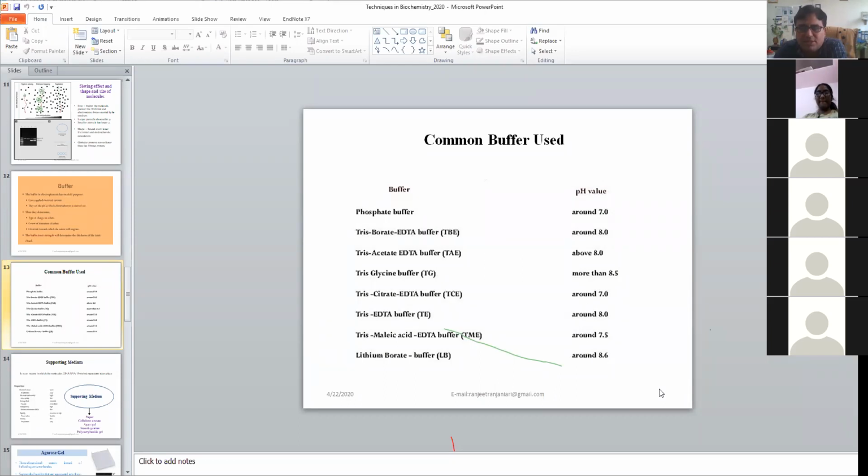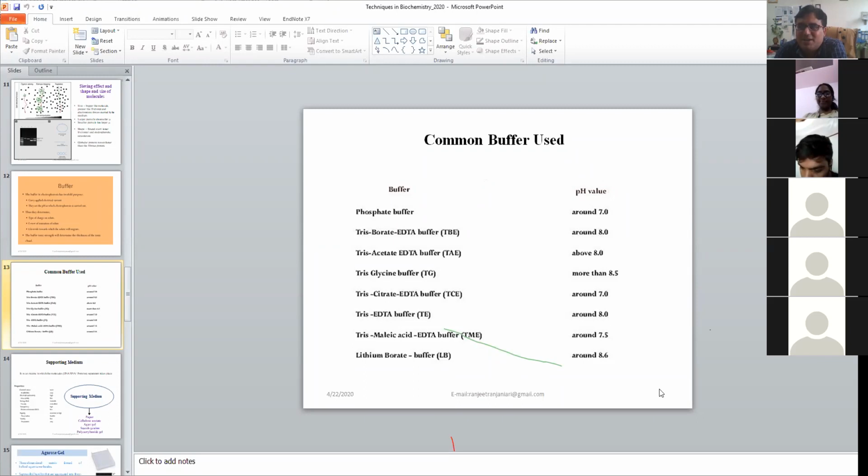So I think you might be knowing that when making an agarose gel, or for that sake any gel, most of the time we are using the buffer for making the gel, right? 1x buffer is used. Now suppose in case of 1x, if we use water, what will happen? The gel will heat up, sir. No, it will not heat up. It will not provide the required ions for the movement of the molecules. There will be no proper current movement, sir. So it has been observed, and the same happened with me also.